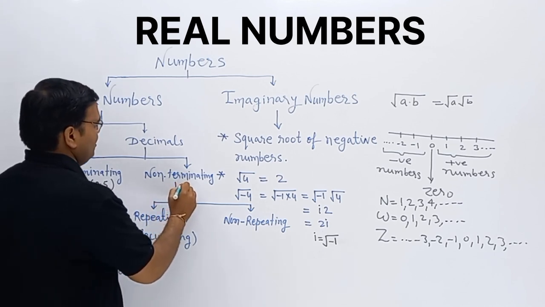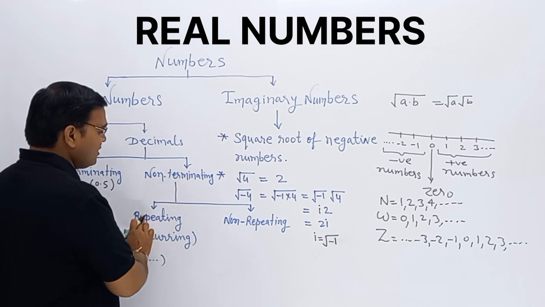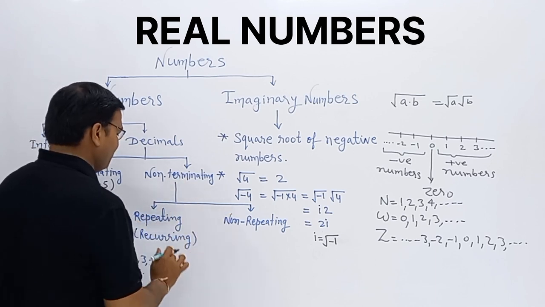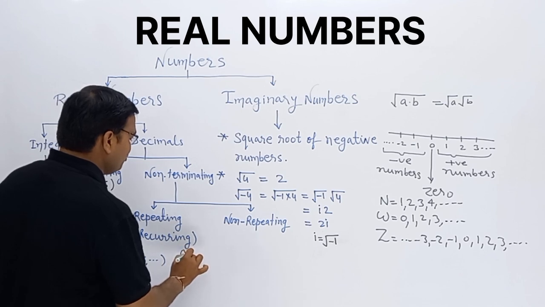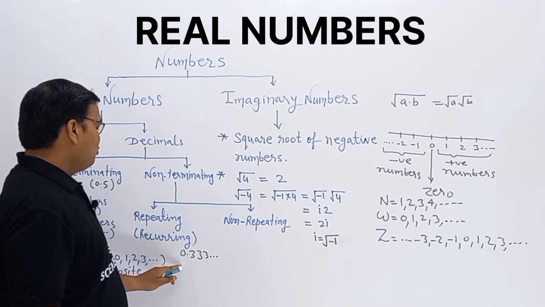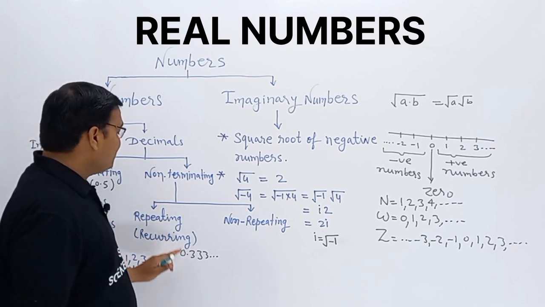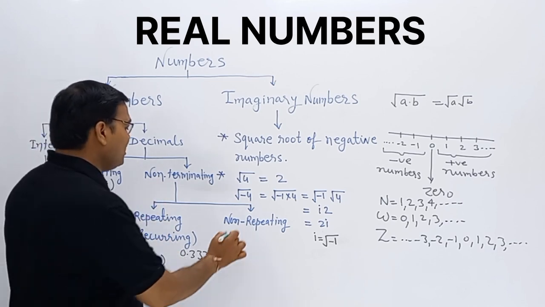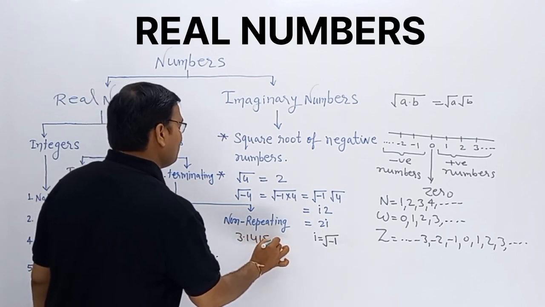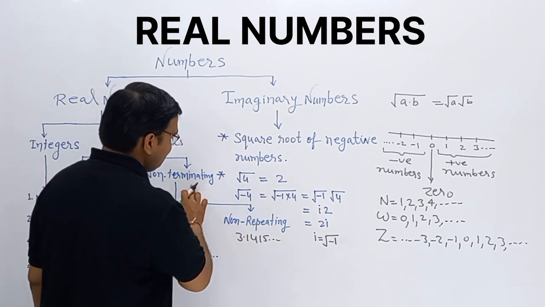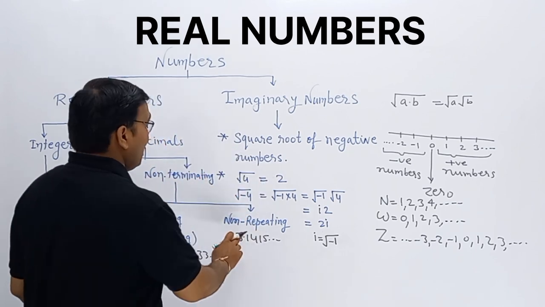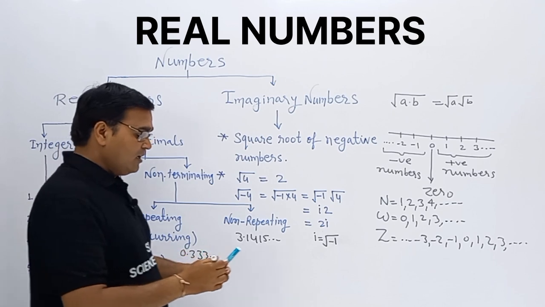Non-terminating is also categorized in two ways, either repeating or non-repeating. If we are having a number like this, 0.333 and so on, this is what? Non-terminating but repeating. But in which what? 3.1415 and so on. This is non-terminating but non-repeating. We are getting different values after the point. So decimals